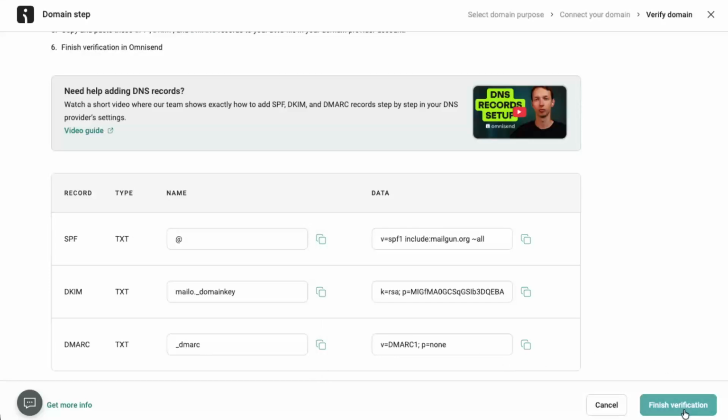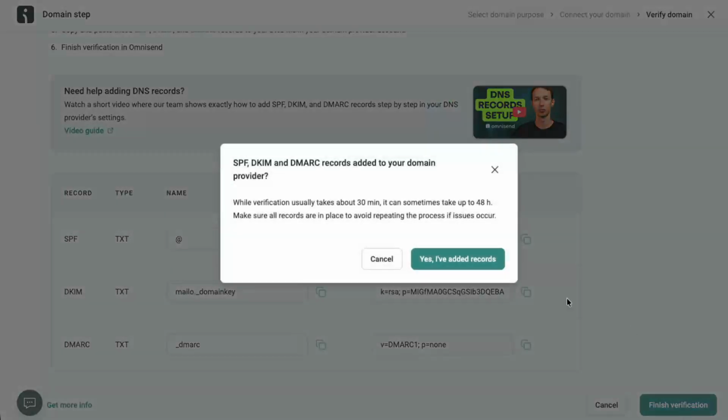After you've saved those DNS records, return to Omnisend. The connection doesn't happen instantly. It can take up to 24 hours for DNS changes to fully propagate. Once they do, Omnisend will detect the records and mark your domain as verified, and you'll be ready to send branded, authenticated emails from your own